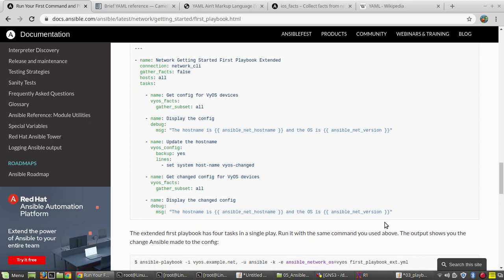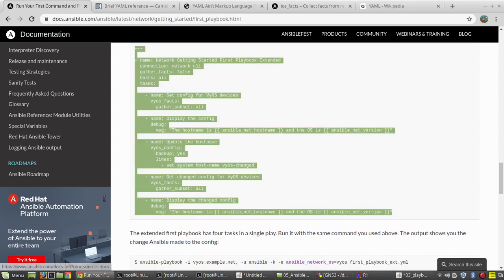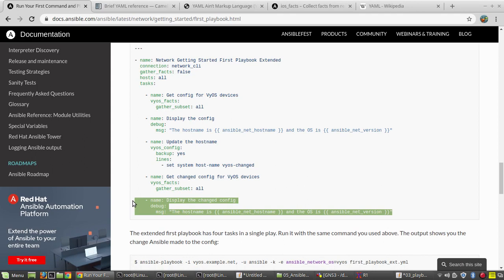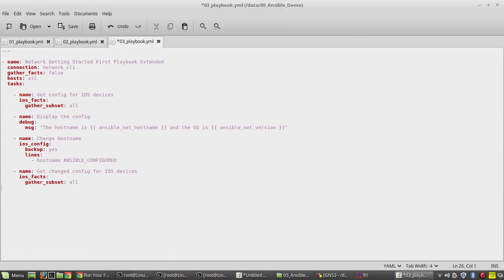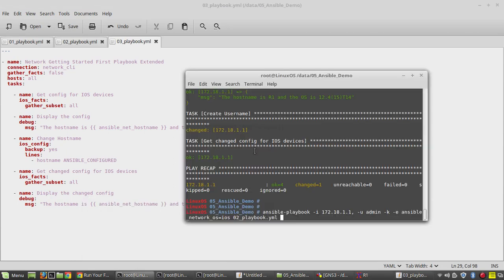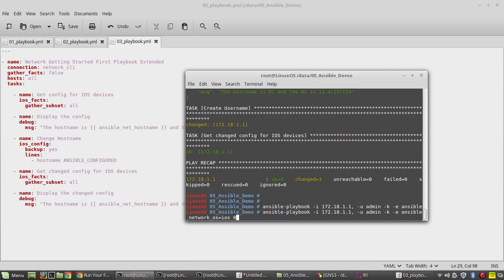Okay, then we'll add this as well, so that we'll get the updated host name in the terminal. Now let's try to execute this. 03.